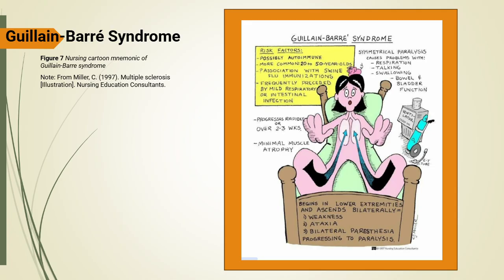Guillain-Barré syndrome is most often triggered by an abnormal autoimmune response that occurs after the body fights a viral or gastrointestinal infection. One of the most commonly associated infections is Campylobacter jejuni, a foodborne illness that causes diarrhea. Viral illnesses such as influenza, cytomegalovirus, Epstein-Barr virus, and even COVID-19 have also been linked. The slide also mentions an association with the swine flu immunization.